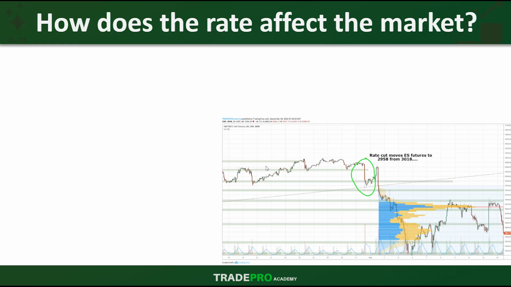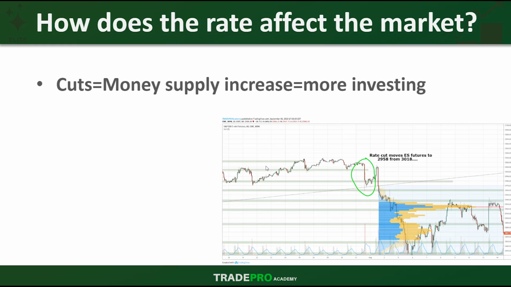Now let's talk about how does the rate affect the market. So as we just mentioned, first, the traditional effect of rate alteration. In this case, the rate cut would have a positive effect on equity markets. This is because money is cheaper and this is attractive to investors to borrow and invest into these rising equity markets,